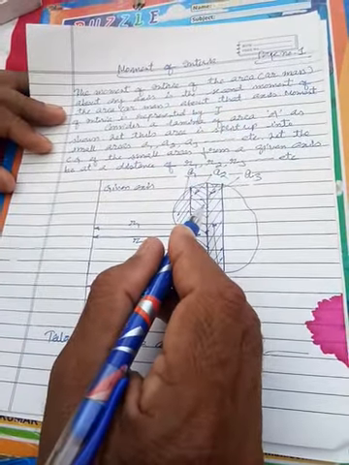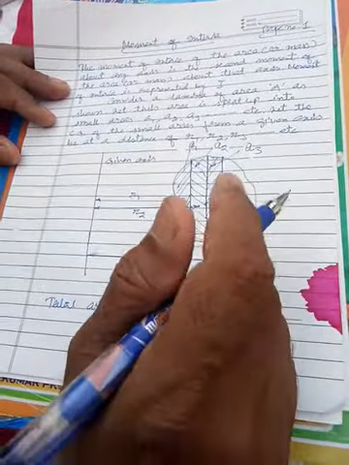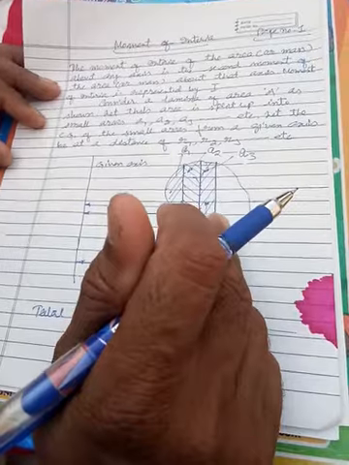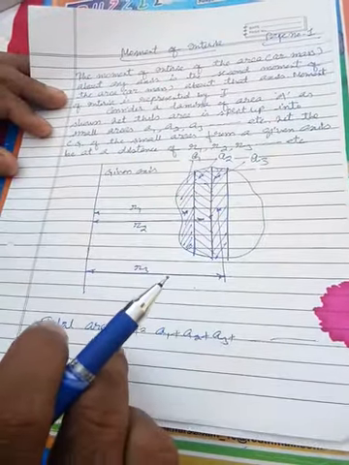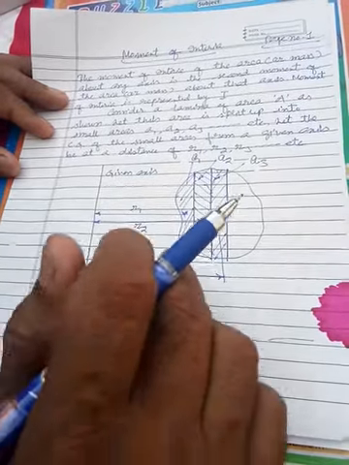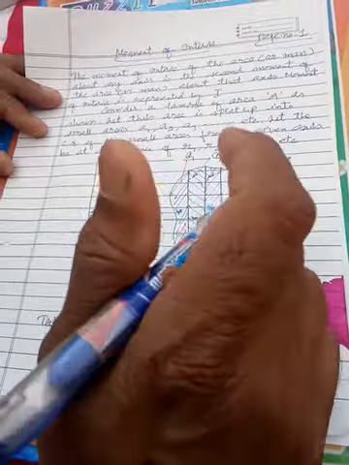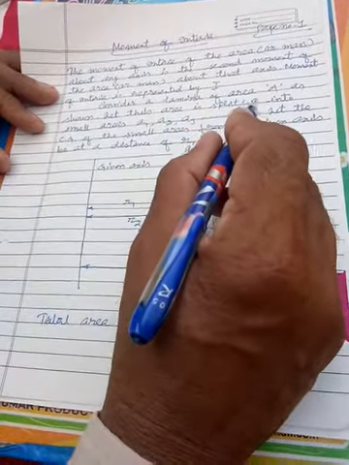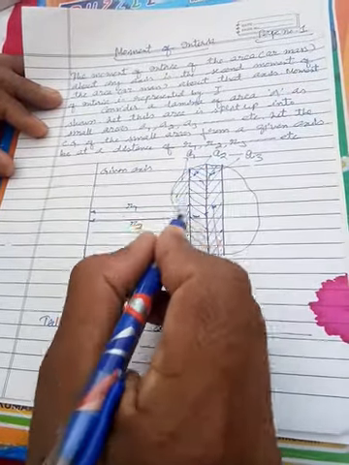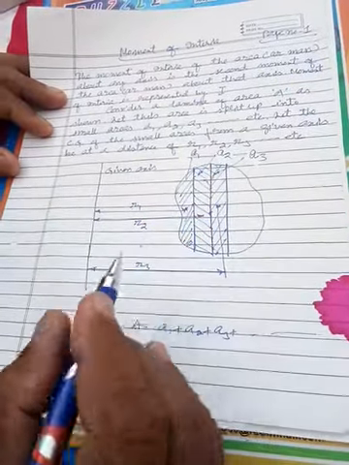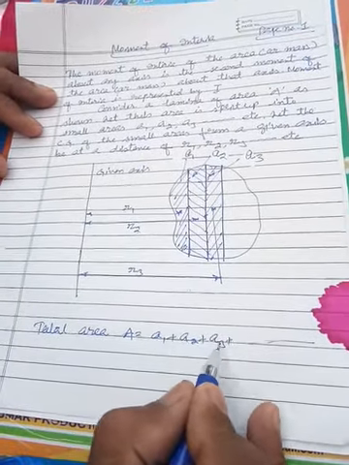So consider a lamina of area A as shown in this figure. This is a lamina. The total area of the lamina is represented by the capital letter A, and this total area is split up into small areas A1, A2, A3, etc. As shown in this figure, the total area consists of areas A1, A2, A3.